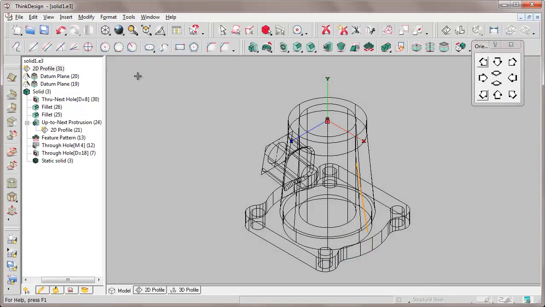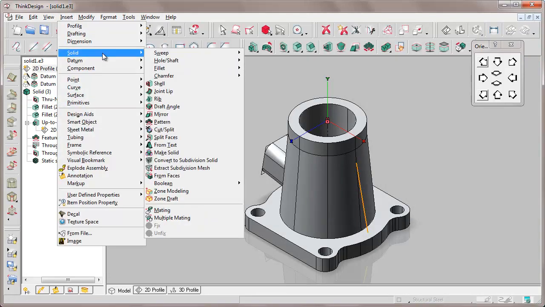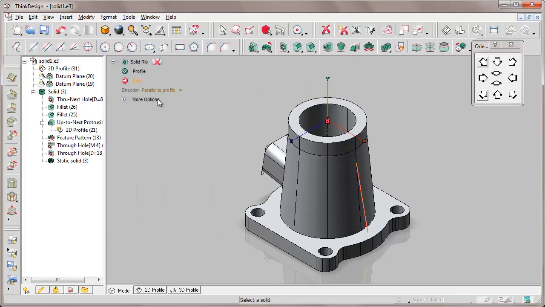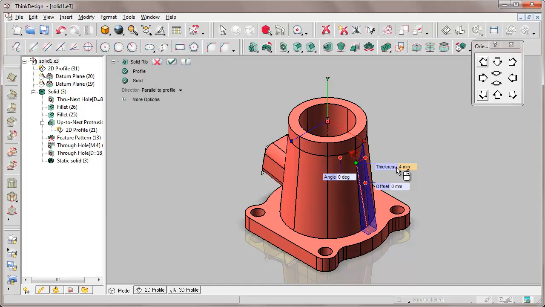Therefore, starting from our profile, ThinkDesign will add some volume by the solid rib feature, whose thickness is 4. Let's set that this 4 must be symmetric with respect to the profile. We insert a draft angle of 5 degrees that will be the inclination of the side faces.